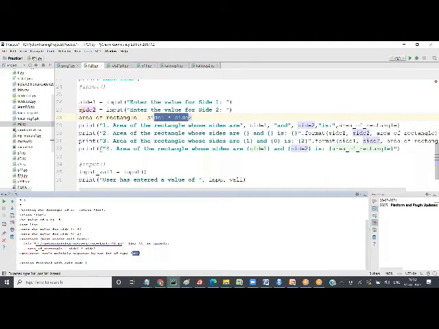Python will not know. So what it has done is, input by default reads as a string, because every value can be read as a string, whether it's an integer, a float or text. We haven't discussed boolean and complex, so we'll put that aside for some time. So Python reads everything as a string. And when Python reads everything as a string, you're trying to multiply a string by a string, which is not possible. So it's giving us an error. So what do we have to do?